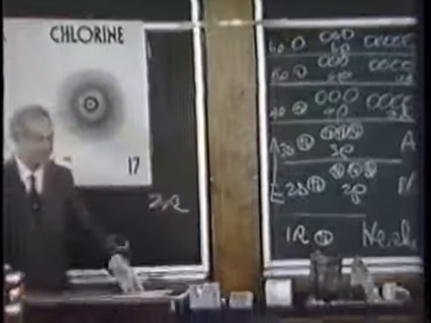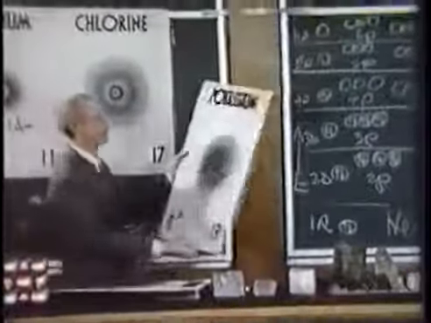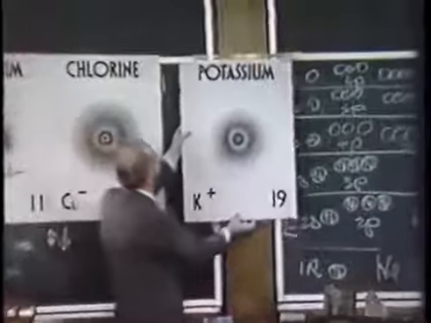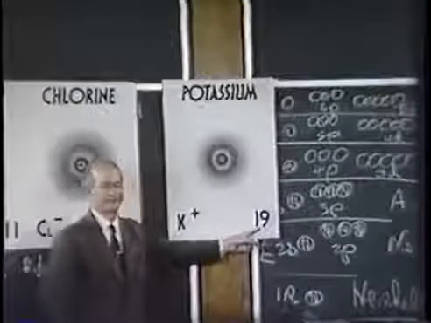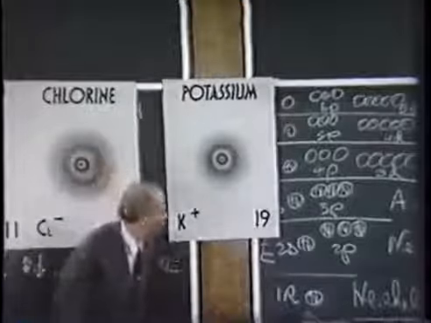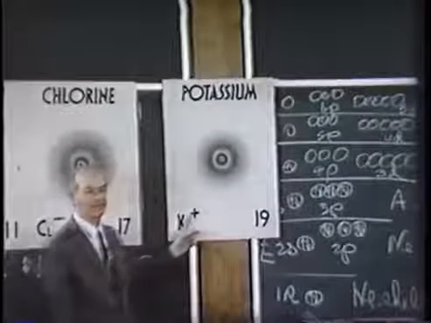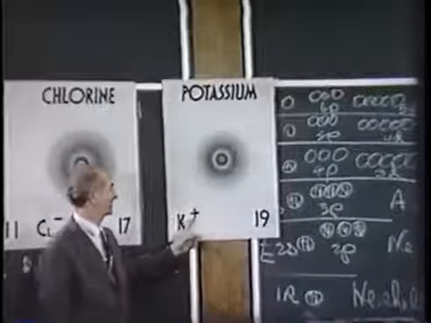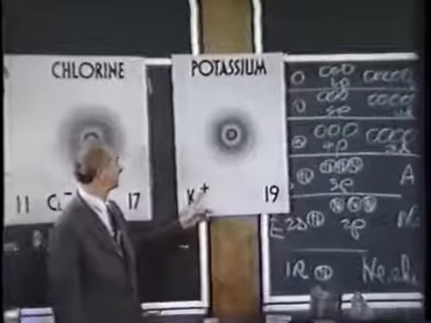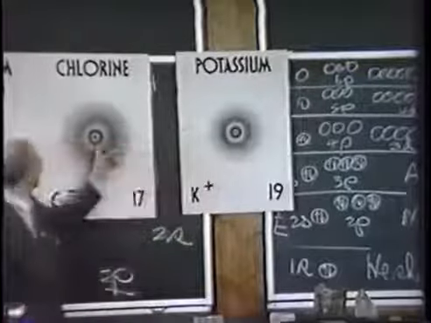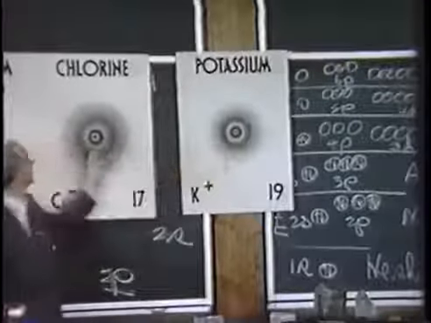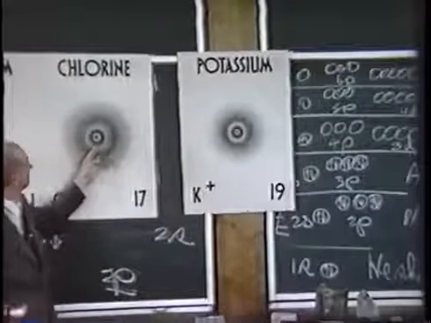Here I have the next alkali metal ion, the cation potassium. Charge is 19, 1 electron missing from it. The outermost electron beyond the argon shell is easily removed, leaves it with 18 electrons and the positive charge. The electronic structure is almost identical with that of the chloride ion.